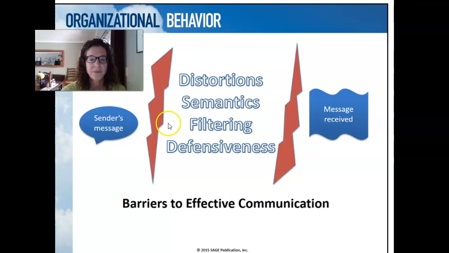And so the message received might be tainted by the nonverbals that I do not understand as a result of a cultural barrier. Another important barrier is the poor selection of channel. And so this leads to the question of what kinds of channels can we use and how should we select the appropriate channel.